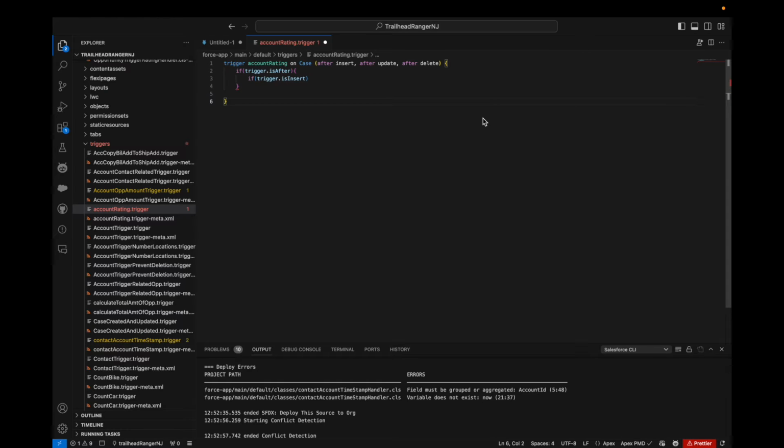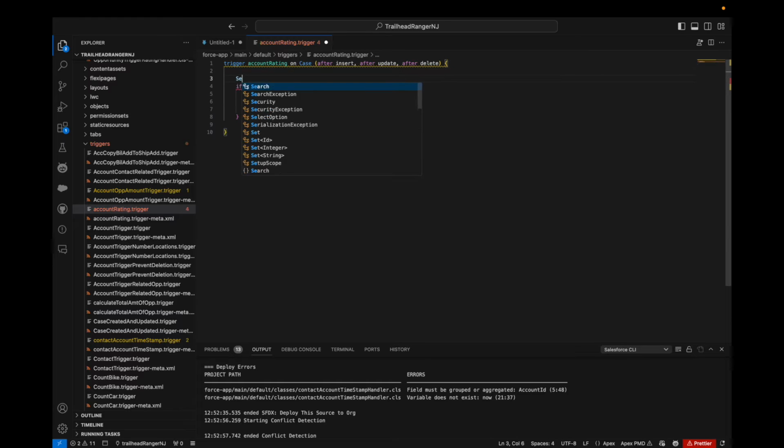Now the question is, should we have update or delete here? Delete will always be performed on Trigger.old, because we don't have the records in Trigger.new in the delete operation, but for update we have both. So we will have update here separately because we can always check the field value. Okay, Trigger.isInsert,